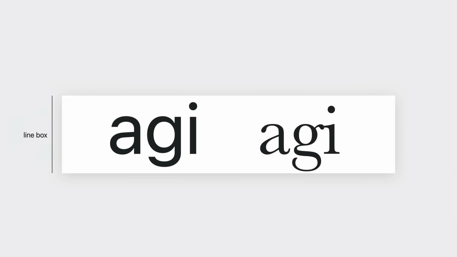Similarly, how big a font appears visually at a specific size is not something a web developer can control. Here is SF Hello on the left and Baskerville on the right. They're typeset to be exactly the same size, but SF Hello looks much larger because it fills more space inside its line box. It has a larger X height. This difference is caused by choices that were made when the font files were created.